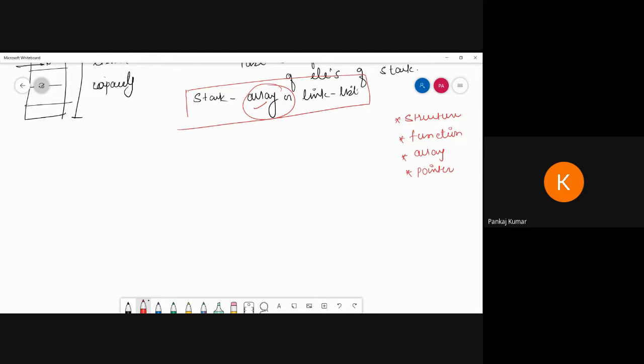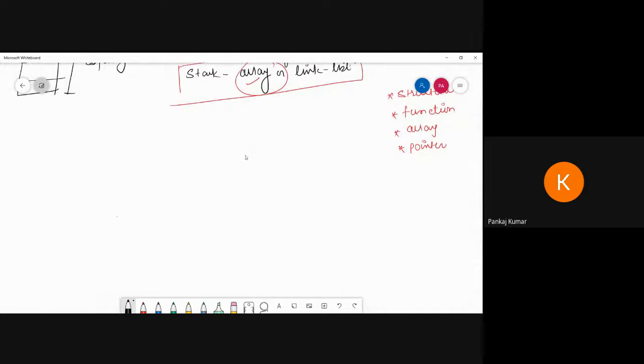First we have to create the structure for the stack. I am creating the structure, putting struct and the stack name. Here I'm creating a stack. Now when I talk about the stack, we are going to use a top, that is the top element I'm talking about.